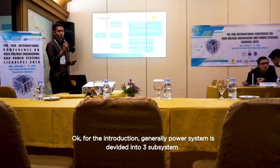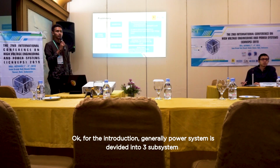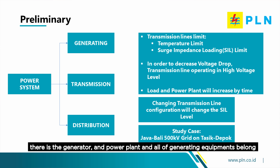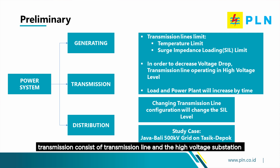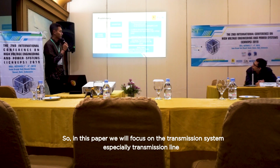Okay, for the introduction, generally, power system is divided into three subsystems. The first one is the generating subsystem, where the generator, power plant and all generating equipment belong. The second one is the transmission system. Transmission consists of transmission lines and high voltage substations. And the last one is the distribution system. The distribution system is used to deliver the power directly to the consumers. So, in this paper, we will focus on the transmission system,